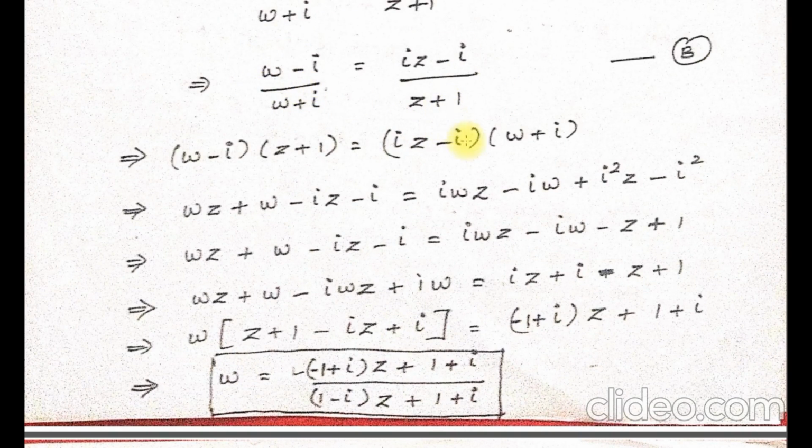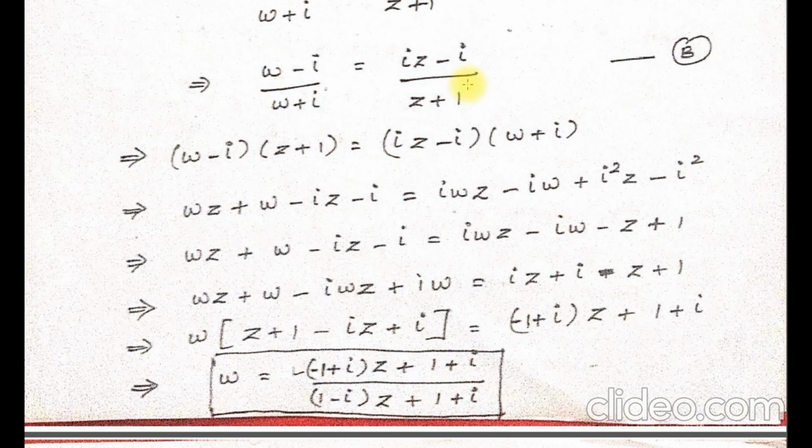From this again I am applying the same cross multiplication procedure. In this we have found out w. Here I am going to find out the value of z. For finding out w, what we have done is we took all the w terms to one side and all the other terms to another side. Here the process is very simple. From this step, see, keep this in mind.